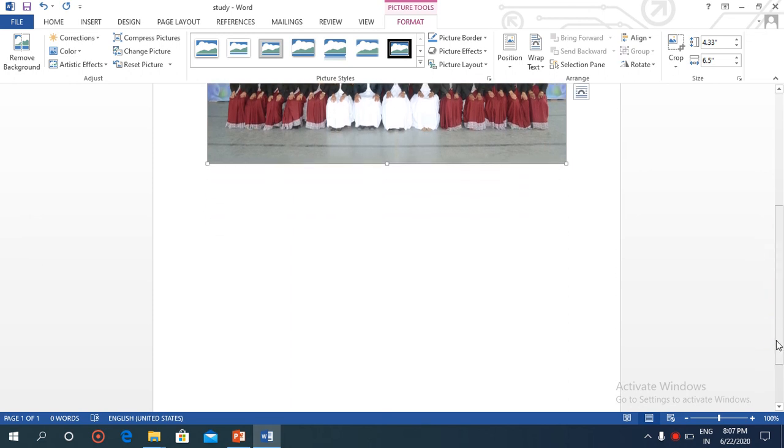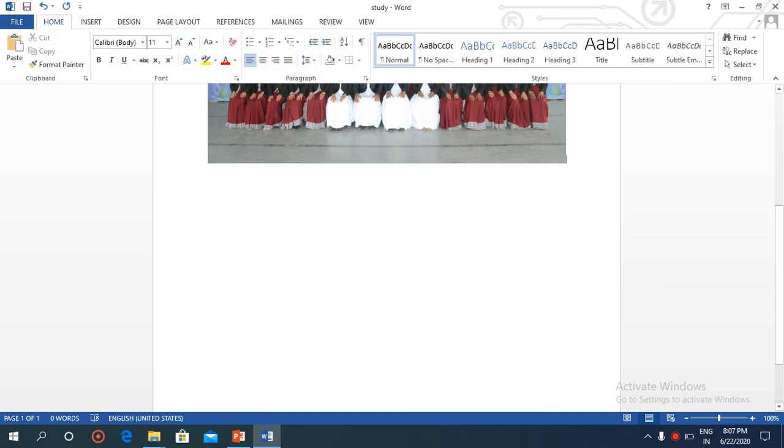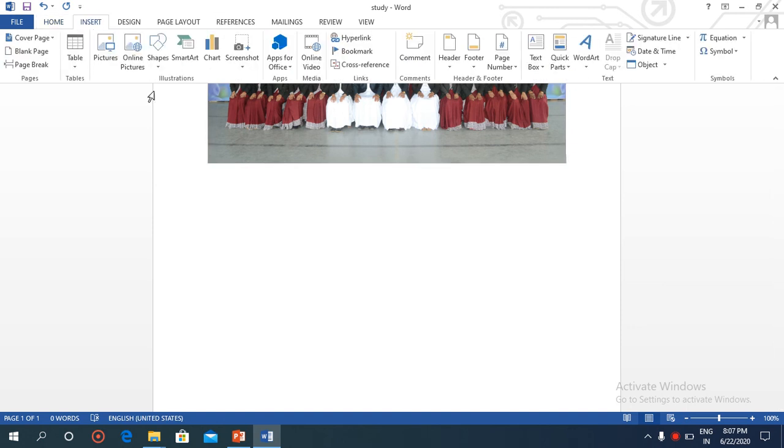So now the second thing which we have to go with is inserting clip art. Clip art is also available on the insert tab. From the insert tab you can click on clip art and then select your desired picture for that purpose. Clip art is not on my laptop actually, so it can be displayed on the computer.